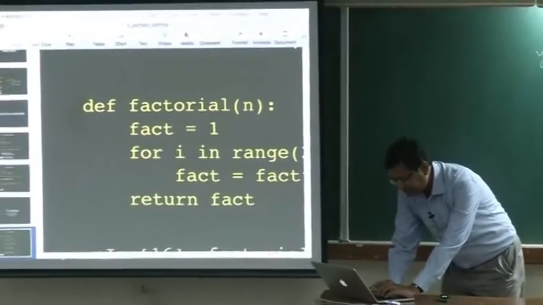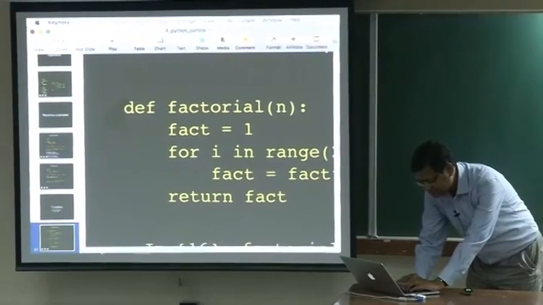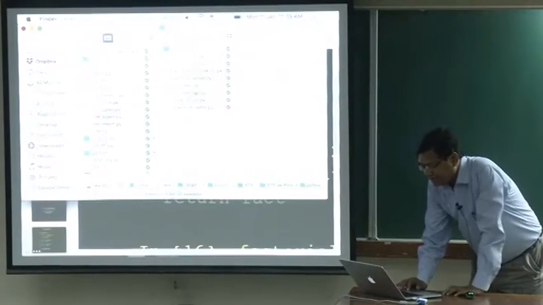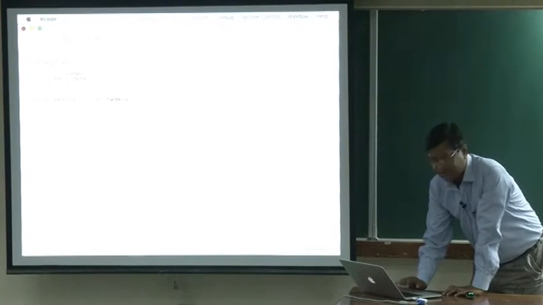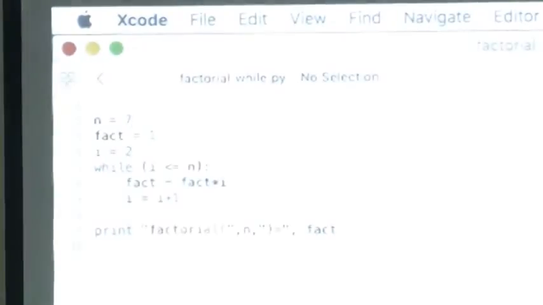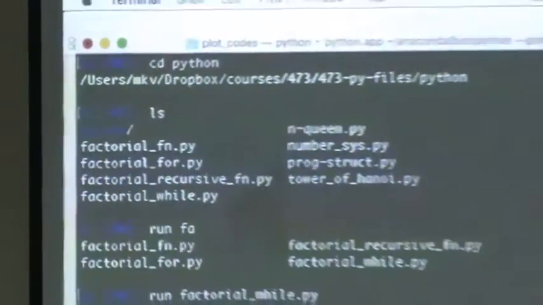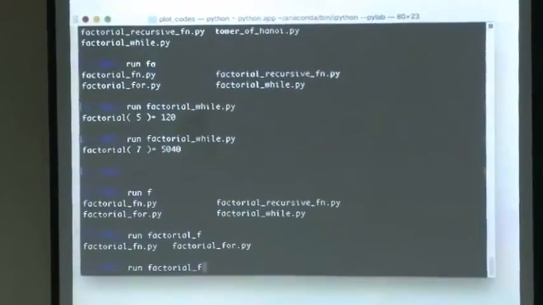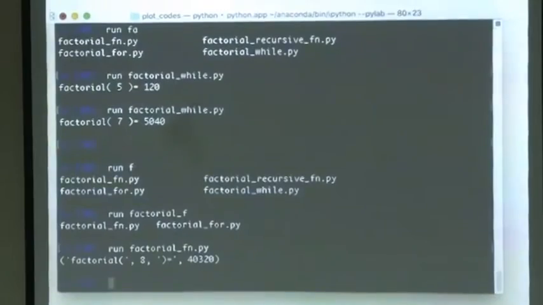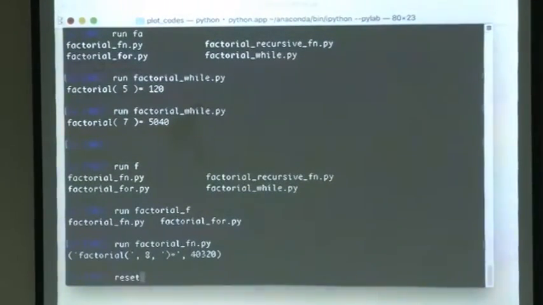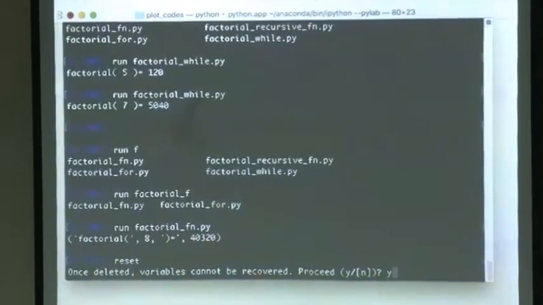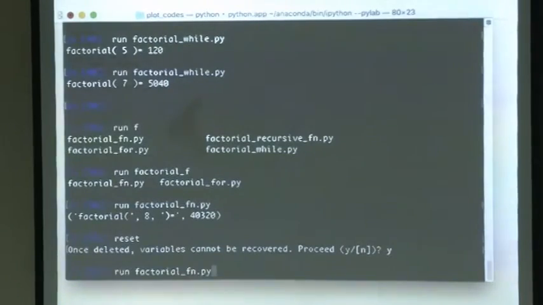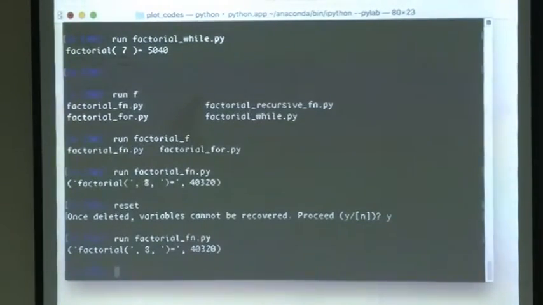So, this is also a file. Factorial function. So, this is a function I just had written. Now, I will run function dot py. Okay, so it gives the answer, because it may remember fact from something else. So, reset. So, this is what I meant by reset everything. Now, I run factorial. Now, I say print fact,